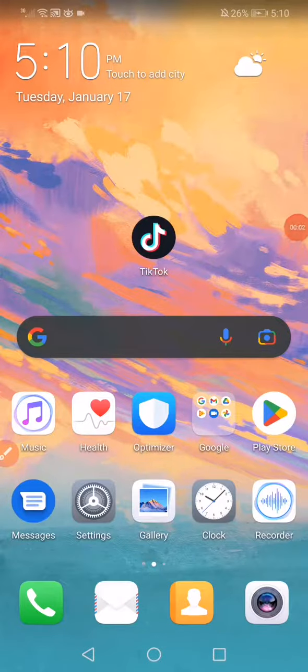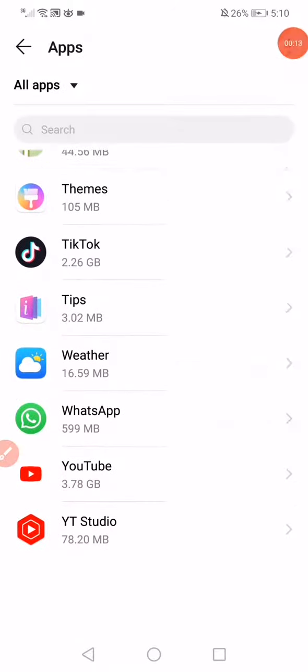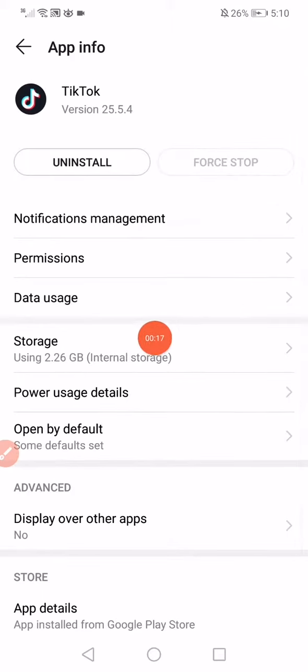In this short tutorial, I'm going to show you how to fix the TikTok birthday problem in less than 1 minute. First thing you want to do, guys, open the settings and then go to the apps manager. Open the apps like this and then go into TikTok and click on the storage or the internal storage